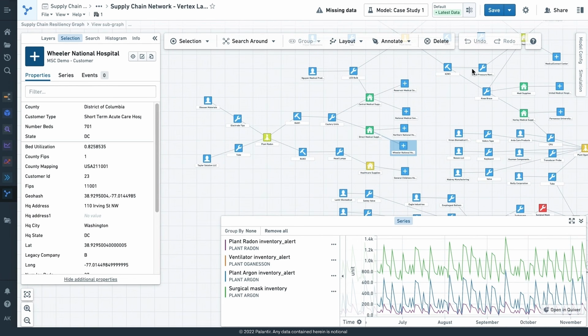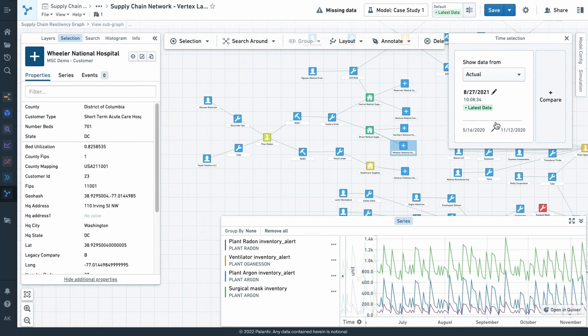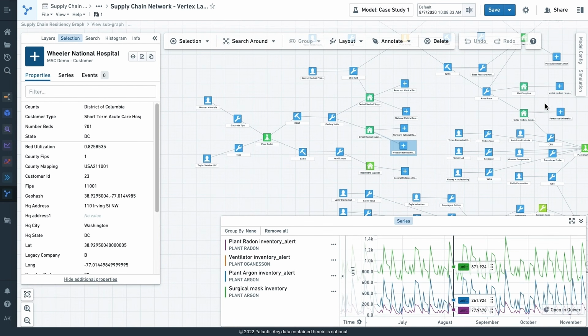And being able to scrub backwards and forwards in time and say, show me where alerts are firing, where inventory is getting to dangerous levels, where we're basically experiencing fundamental dislocations, right? I can always go backwards and forwards and scrub through different points in time to look at where things were in the danger zone. And that's useful, of course, to get visibility into the whole connected chain, which was spread across dozens of different data systems and models before.